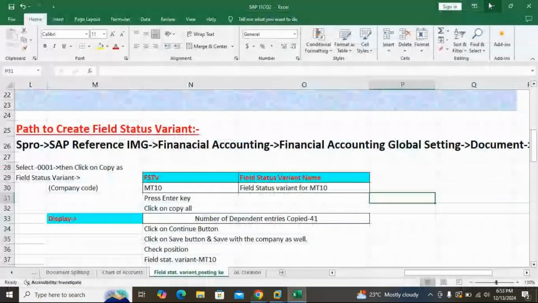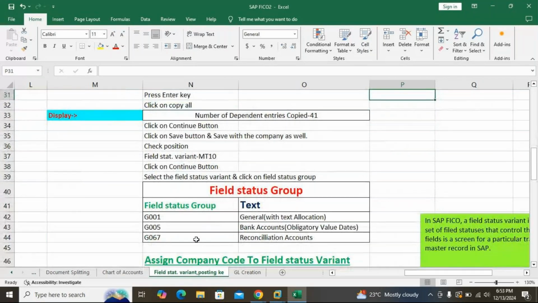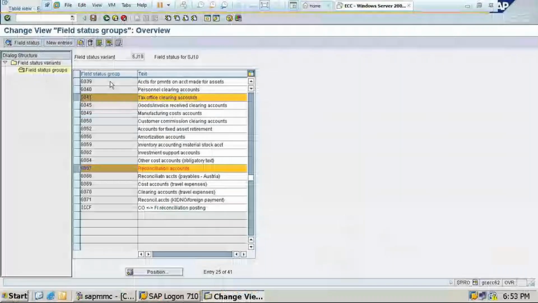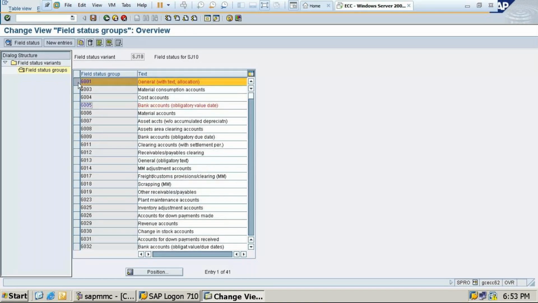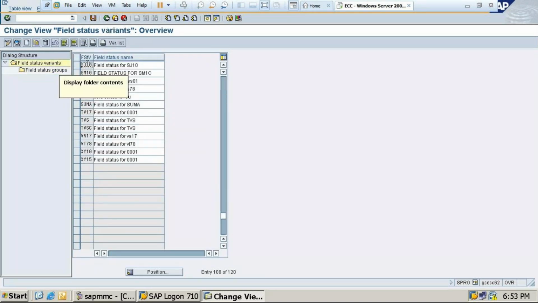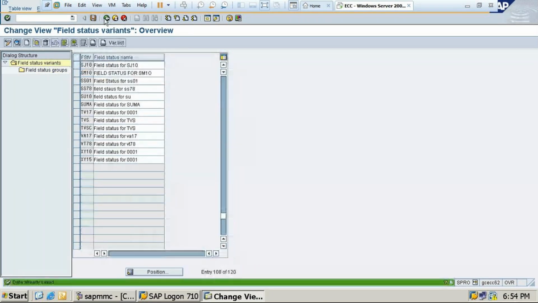Okay. So next, we have done this. So G001, G067. But I told one more, G041, is for tax clearance. When we are doing GST, that time it is required. So just click this, not required. I just did it for showing. You need not select all, just for clarification I did. Then back. So this has been created. Just go and double click here and just save it. Need not choose that; I did it to show you. Okay. So save and back.